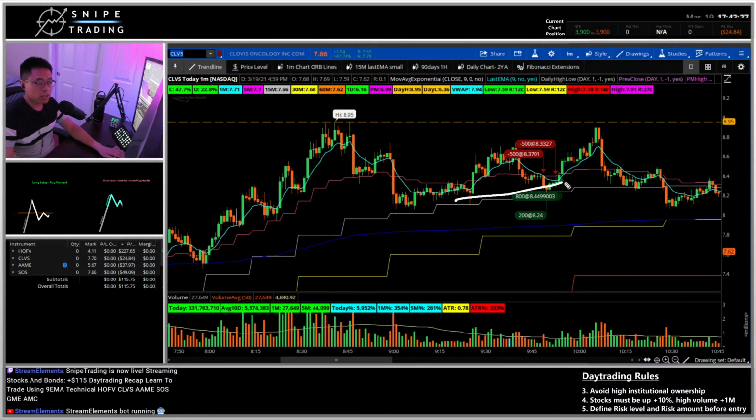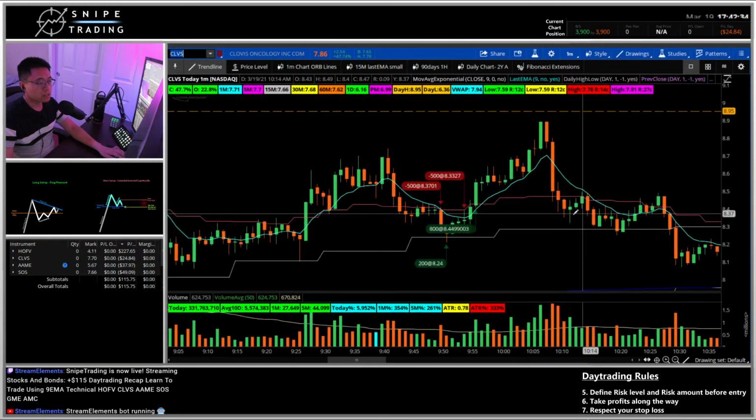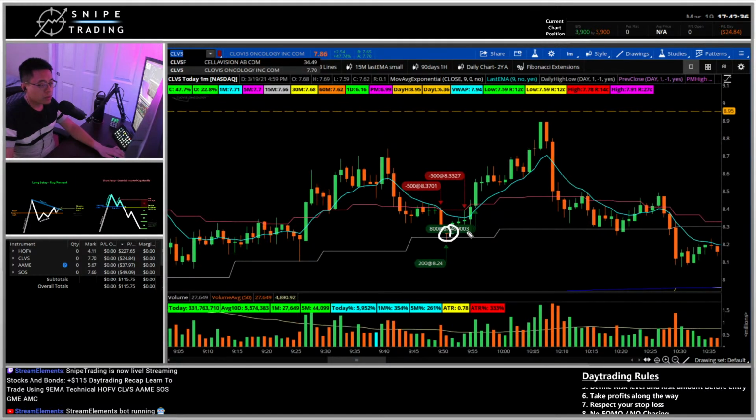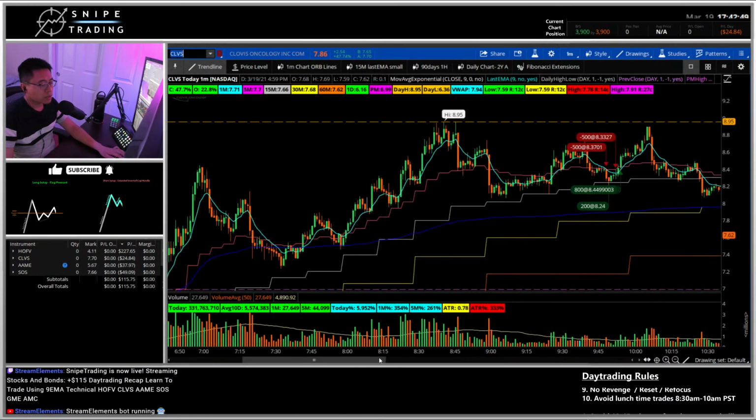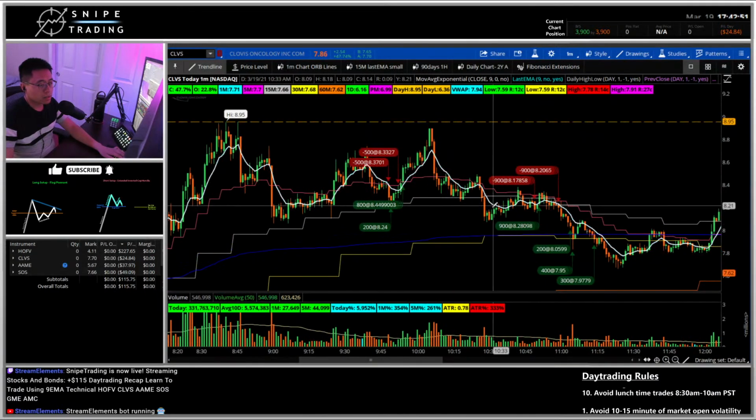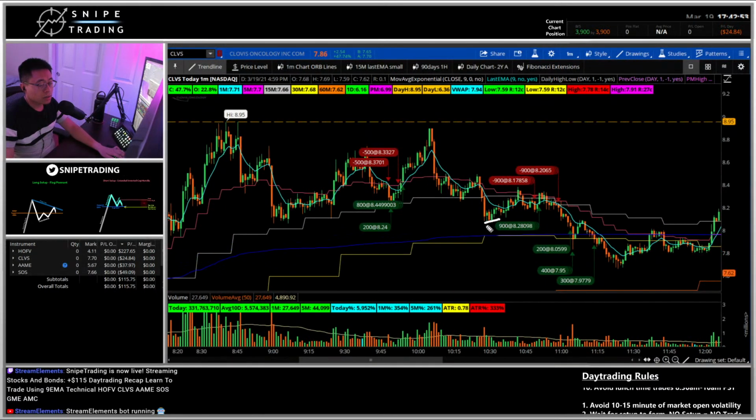I think I tried shorting this for the 15-minute test. I actually tested it. Took out some profits there, but I didn't take out enough. I actually tried to re-add, hoping for the break of that, but it didn't break, so I stopped out right above those highs. So that was like a $50 loss, and then I took another